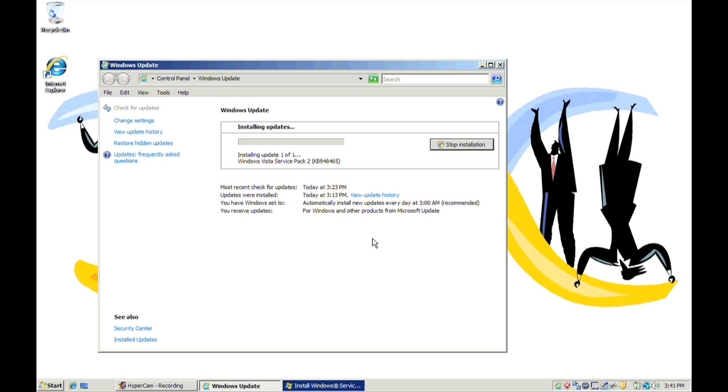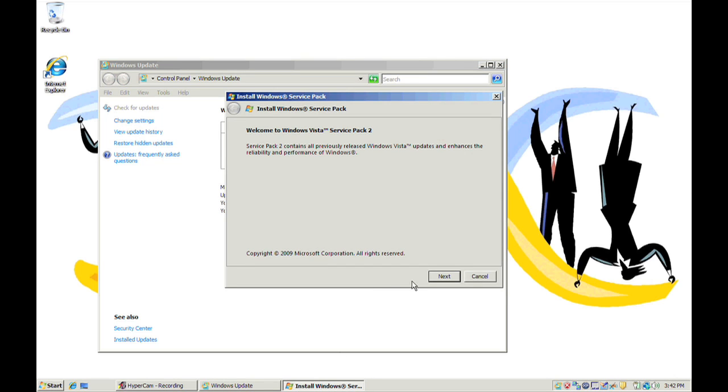Once it's done downloading Service Pack 2, it'll create a restore point, and then it'll look like it's sitting there doing nothing. However, what will happen quite often is the Service Pack 2 installation window will pop up behind the Windows Update window. So you'll need to go down to the system, to the task tray down at the bottom, click on the Service Pack installation, and then once that window's up, there'll be two buttons at the bottom, Next